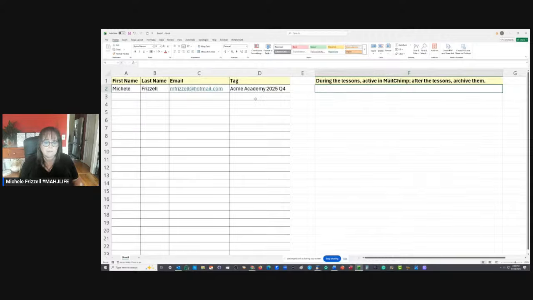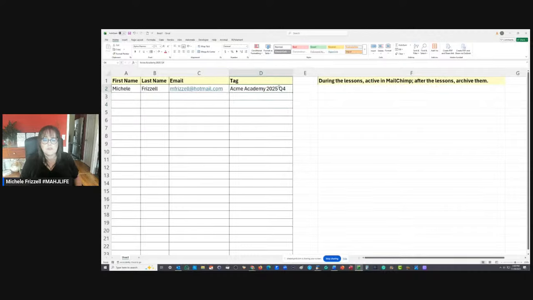A tag feature is just like putting a note. It's like putting a pin in it. A tag is like putting a pin or a sticky note on a person's name. It's a label. And you use the tags in the system to gather the people that you want to communicate with.